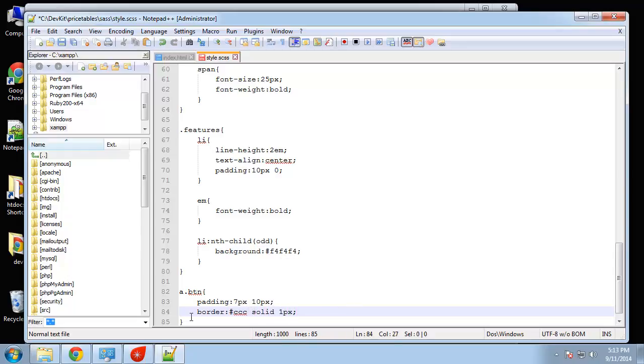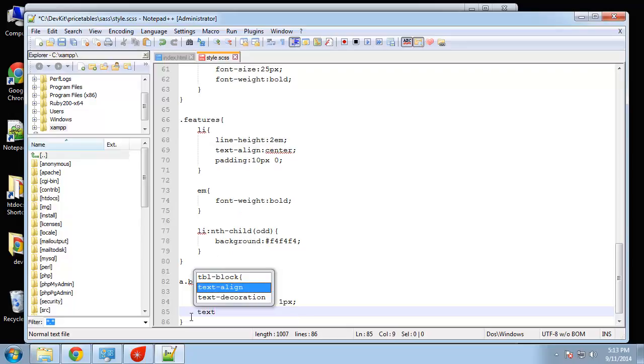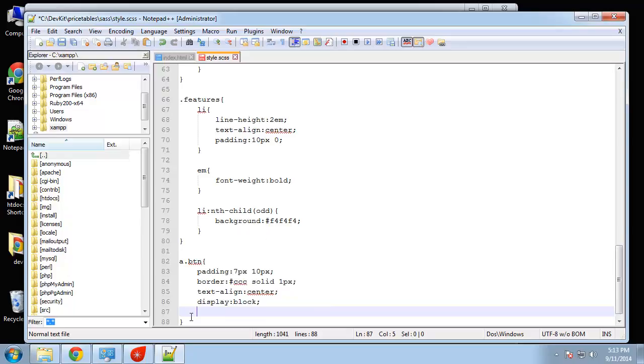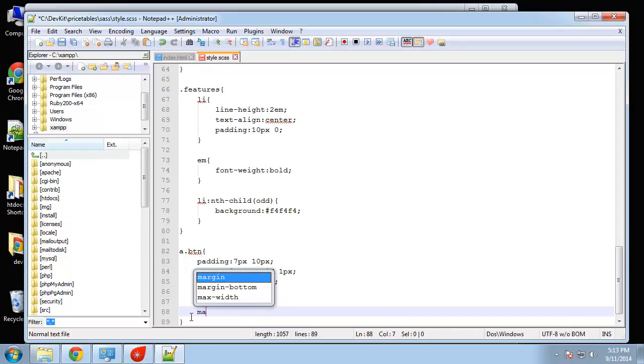Let's see what else. We want to align it to the center and display this as a block. Okay, margin 5 pixels, but I want a margin bottom